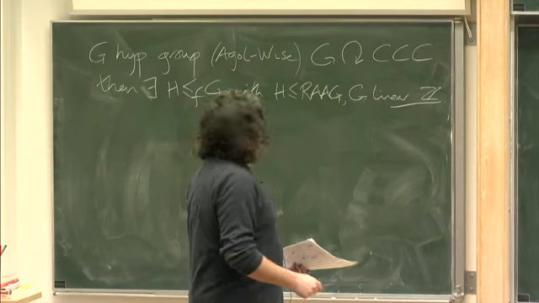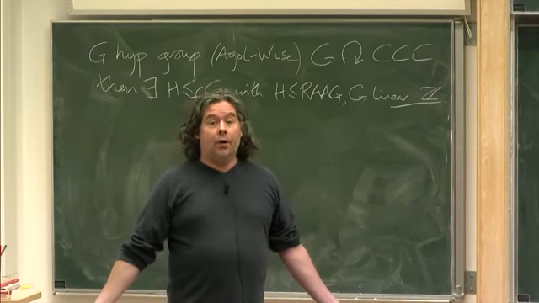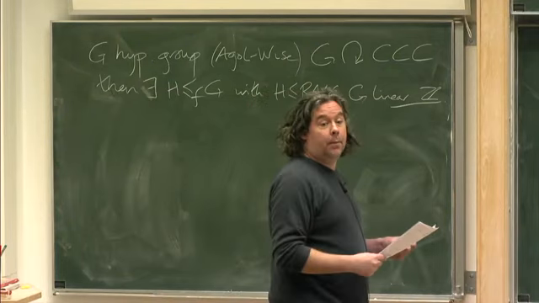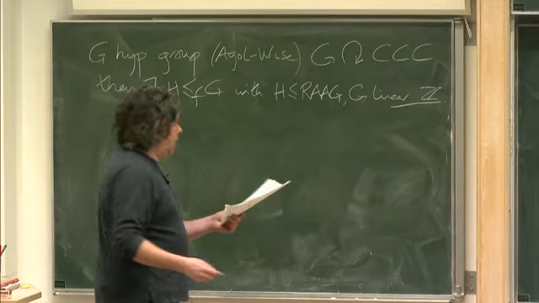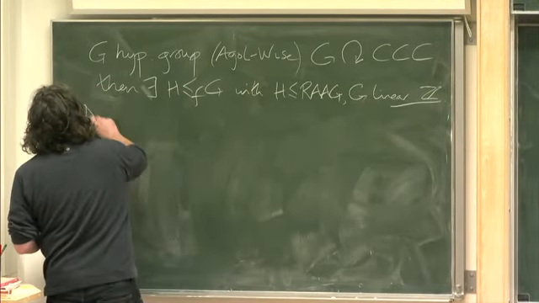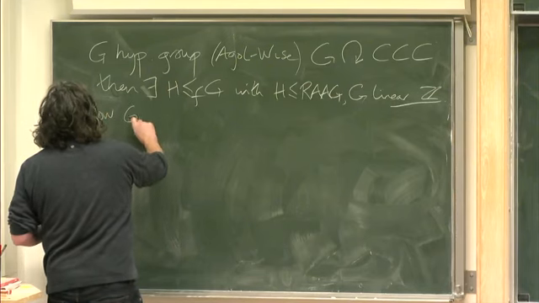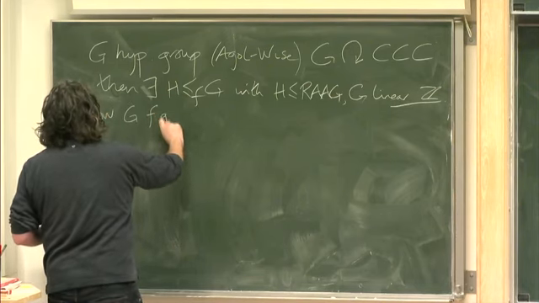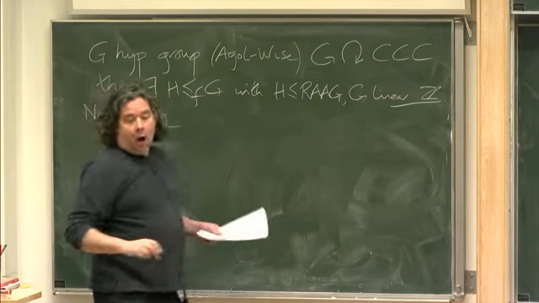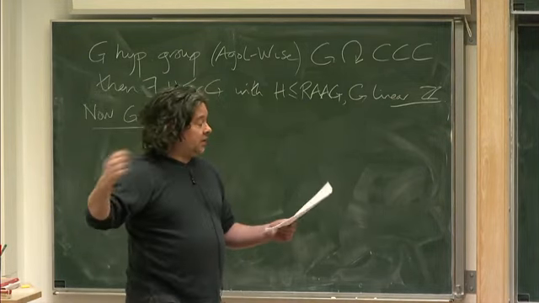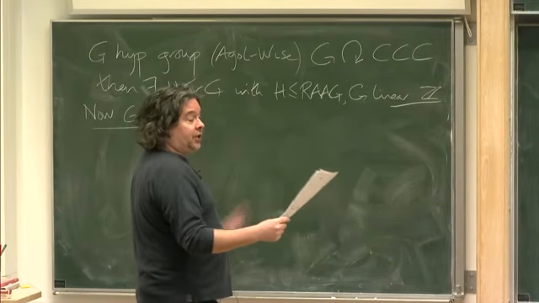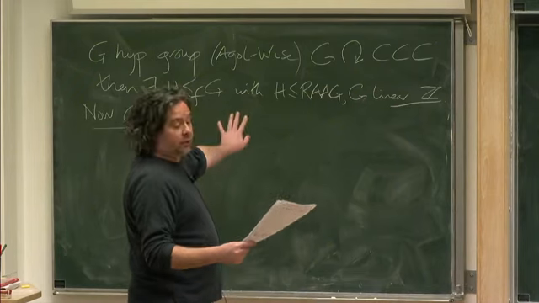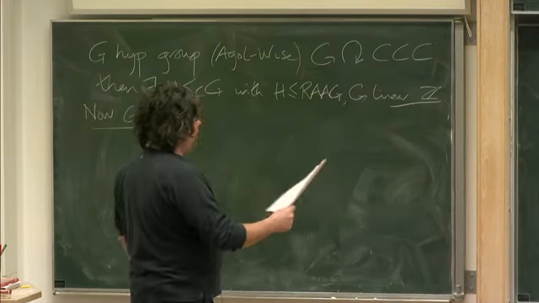So what happens if we move away from the word hyperbolic world? Things are a lot less clear. And in particular, for the talk, I'm actually going to be considering finitely generated groups. They need not be finitely presented as in the title, but the title was given in before the talk was written. But these groups, if we now say we're not going to suppose that our group is necessarily hyperbolic,